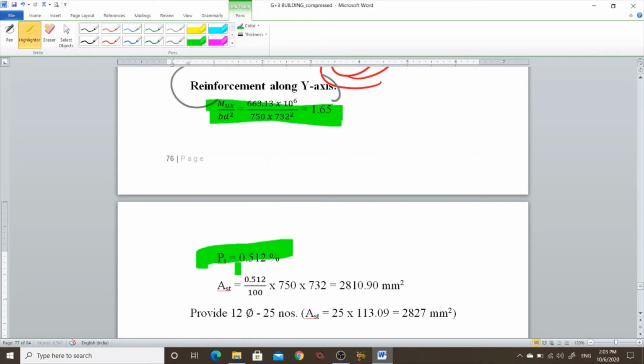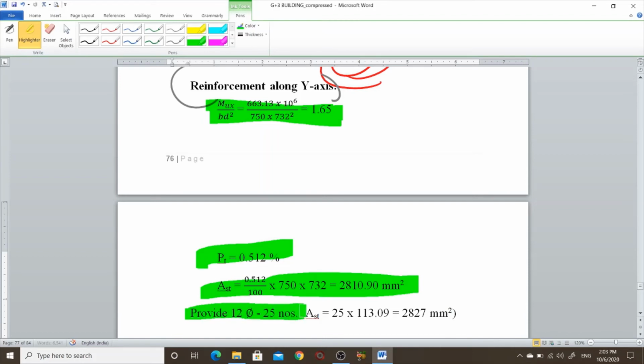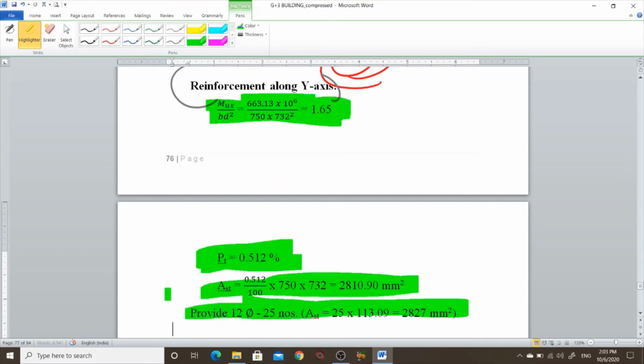MUX, PT, AST: provided 12 mm dia at 25 numbers of bars. Okay, same, MUX is equal to B by D. So MU we found earlier. So B is 750 into 732 whole square, so 1.65. PT is 0.512 percent. AST is PT BD by 100.